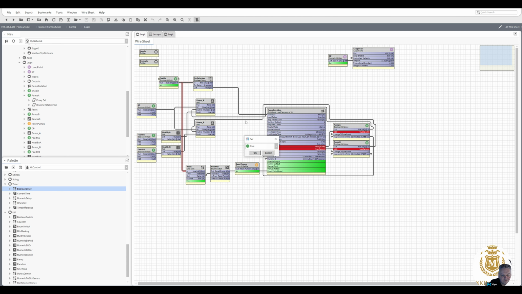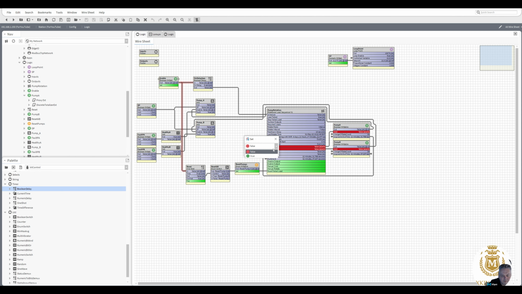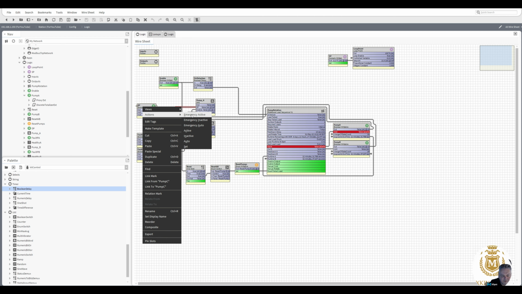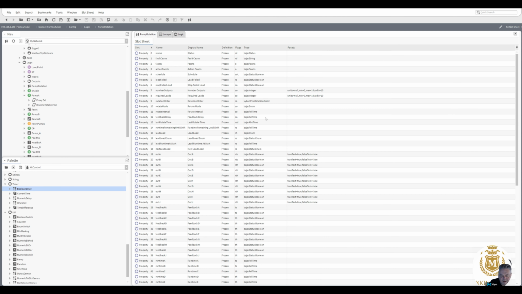Actions, set, false. So now we're going to start it again. True. We're going to make the DP this time. It was just easy to do emergency active for me. So that's running pump B, out B there, and we want to just rename them, we can do. AX slot sheet, out B, pump B, pump A,